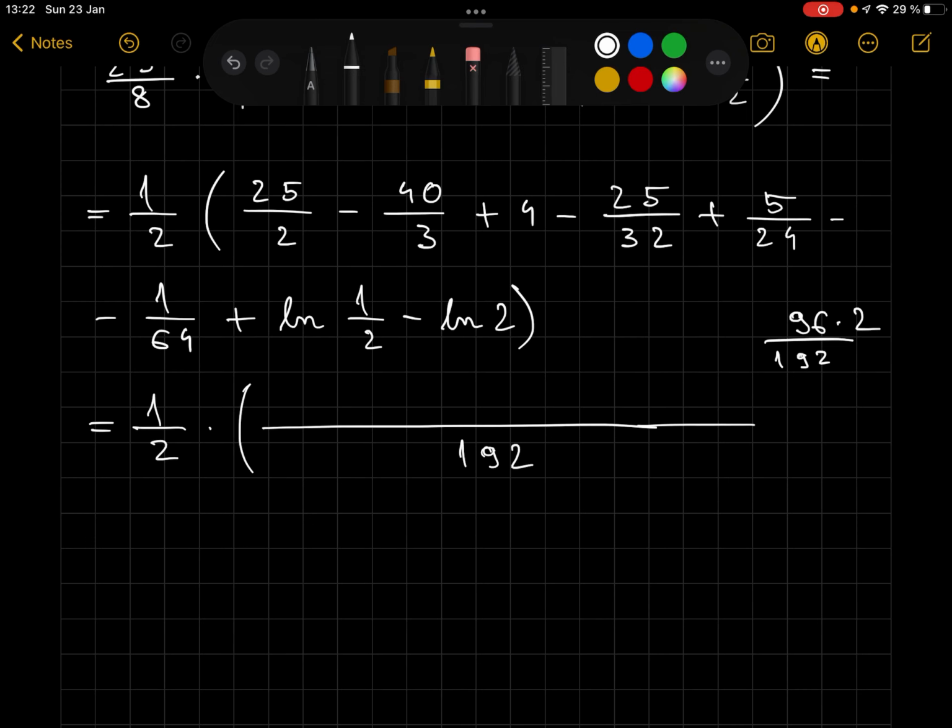Divided by 2 is 96 times 25 is 2,400 minus 192 divided by 3 times 40 is 2560 plus 4 times 192 plus 768 minus 192 over 32 is 6 times 25 minus 150